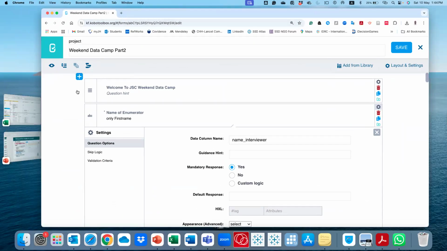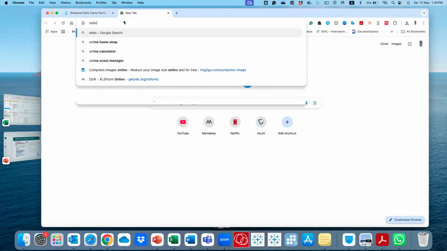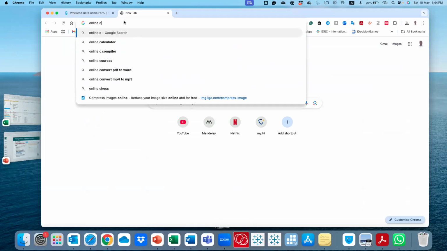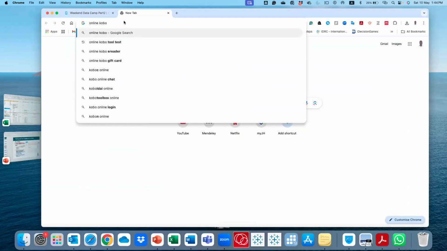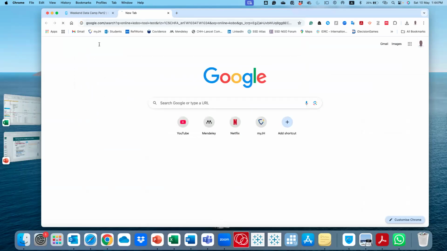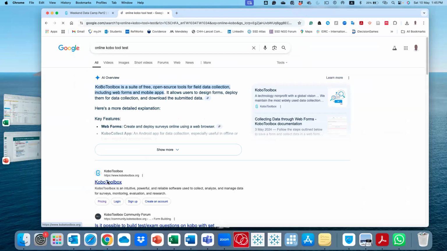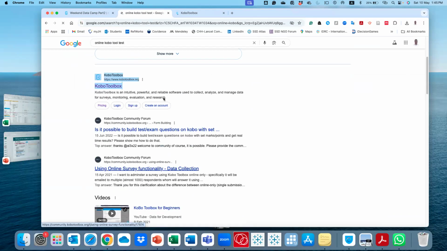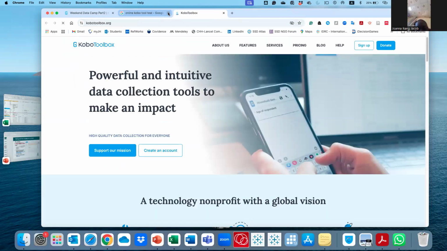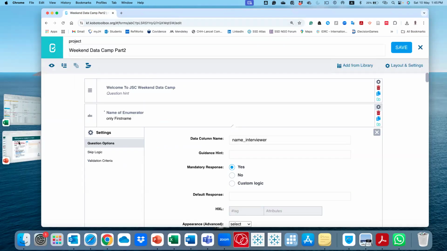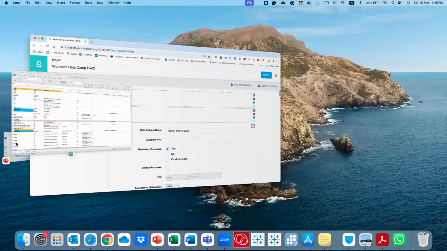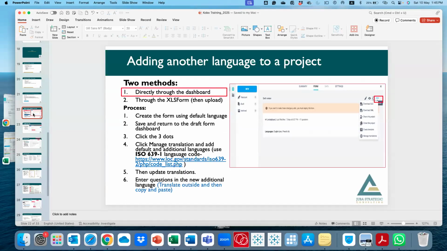There's also a way you can check it online. I think there's a link. You can check it first before you import it into KoBo if there are any mistakes. Let me just check if it's there. Online check KoBo test or something like that. I think there's an online ODK test where you can. Oops, okay, it's not there, but you can do it yourself. You can check and then upload. So after you have loaded to KoBo, voila, you're ready to do your data collection. That's it.